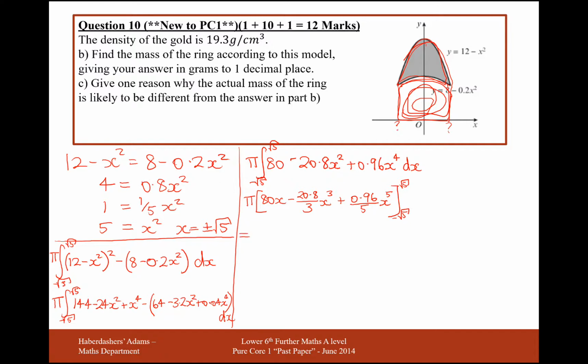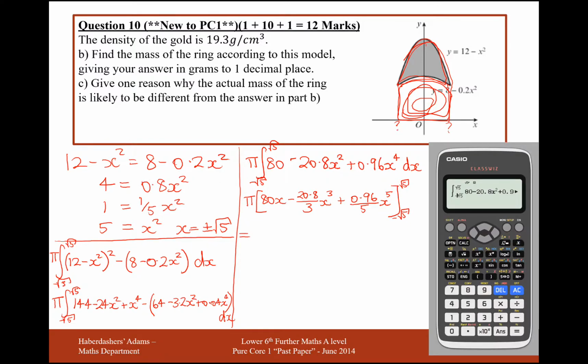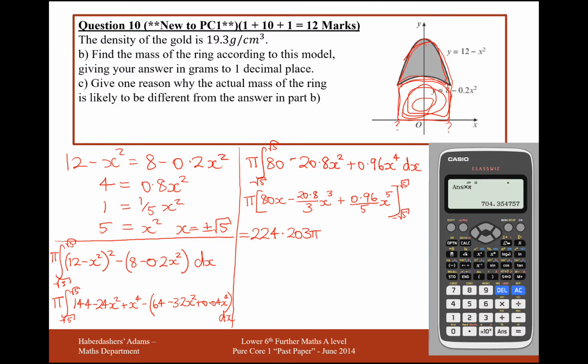Excellent. So what we get here is, let's get our calculator out. So we'll plug that into the integral symbol. You select the button that's just underneath the menu button at the top. Integral, you use your direction buttons to navigate to the root 5 and the minus root 5. Type in the function you want to integrate, and you get 224.203 times pi. So we'll times that answer by pi. We get 704.35